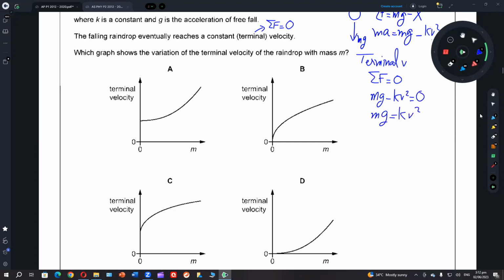Now this is the equation. He is putting velocity on one axis and mass on the other. g and k are constant, so I'm rearranging the equation. v squared is equal to m